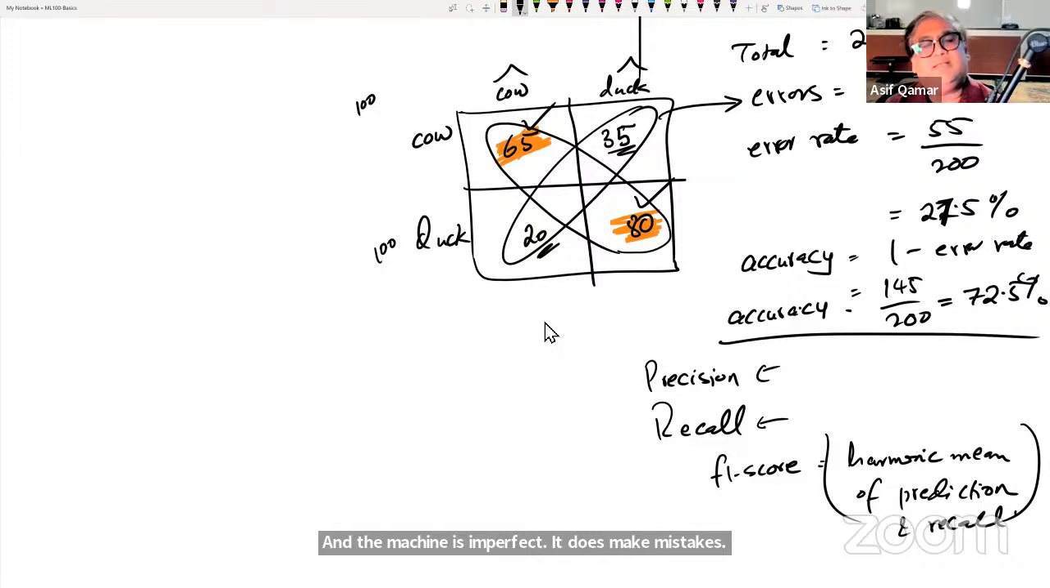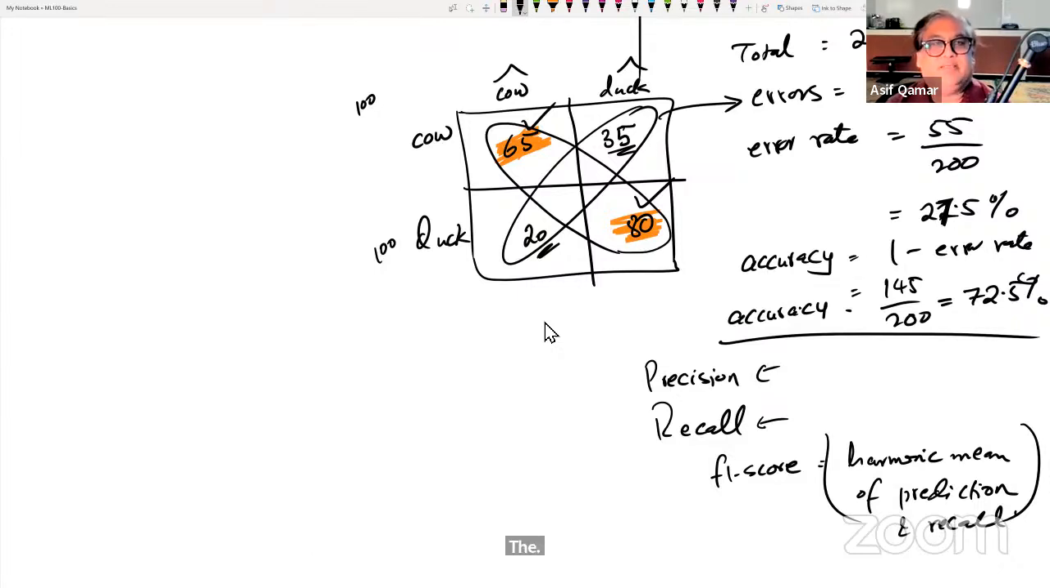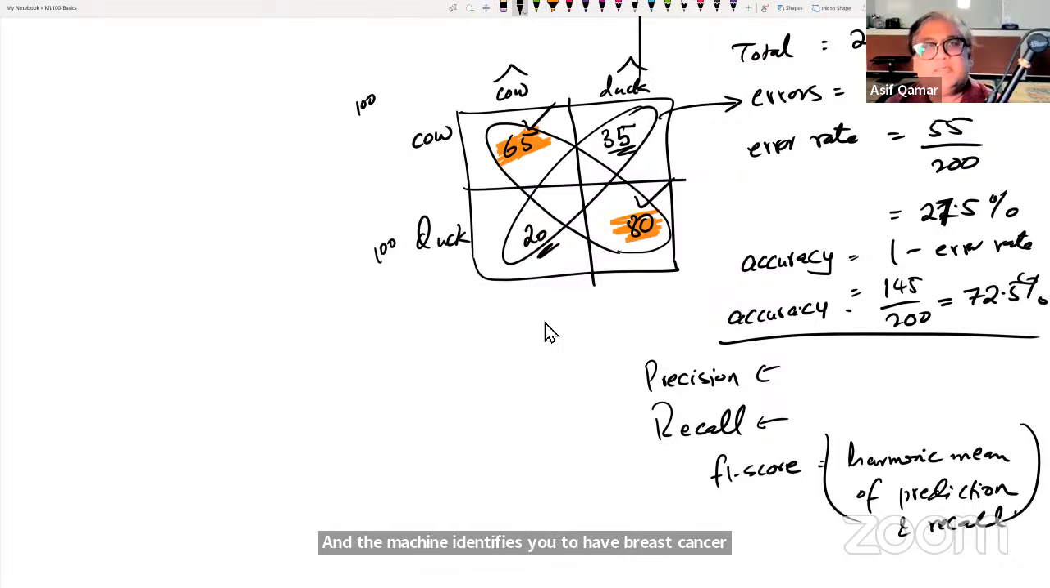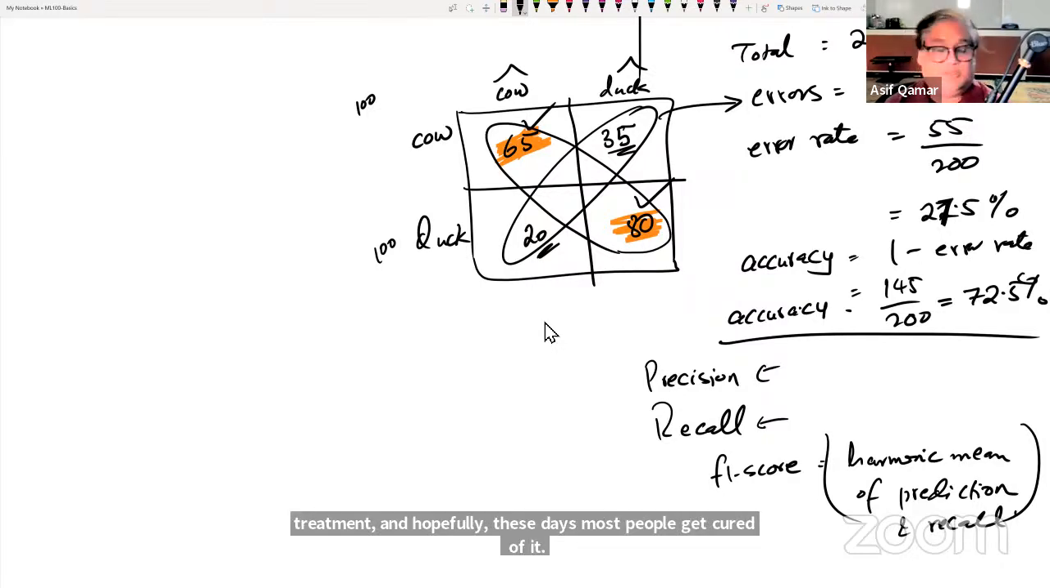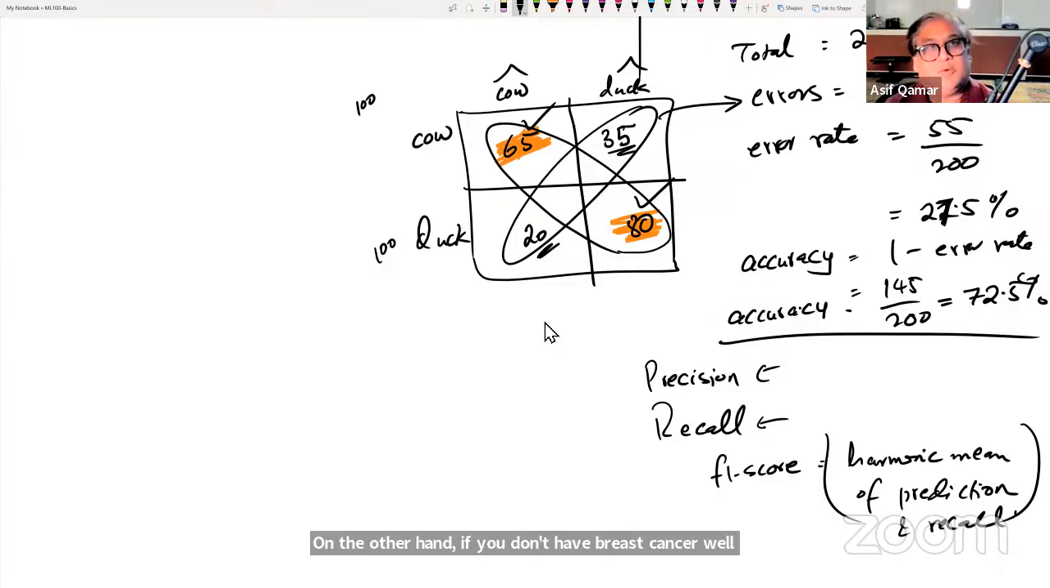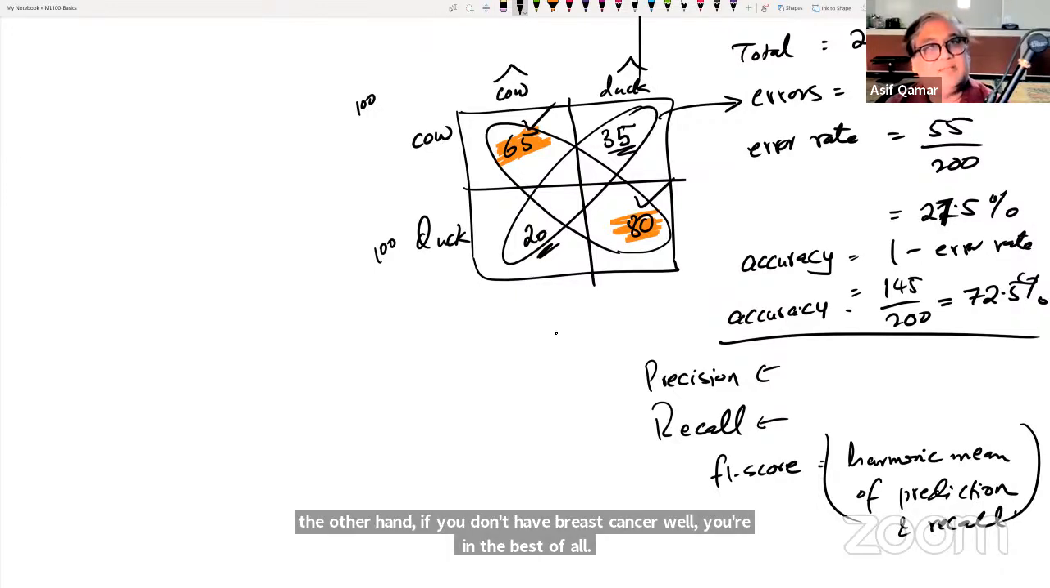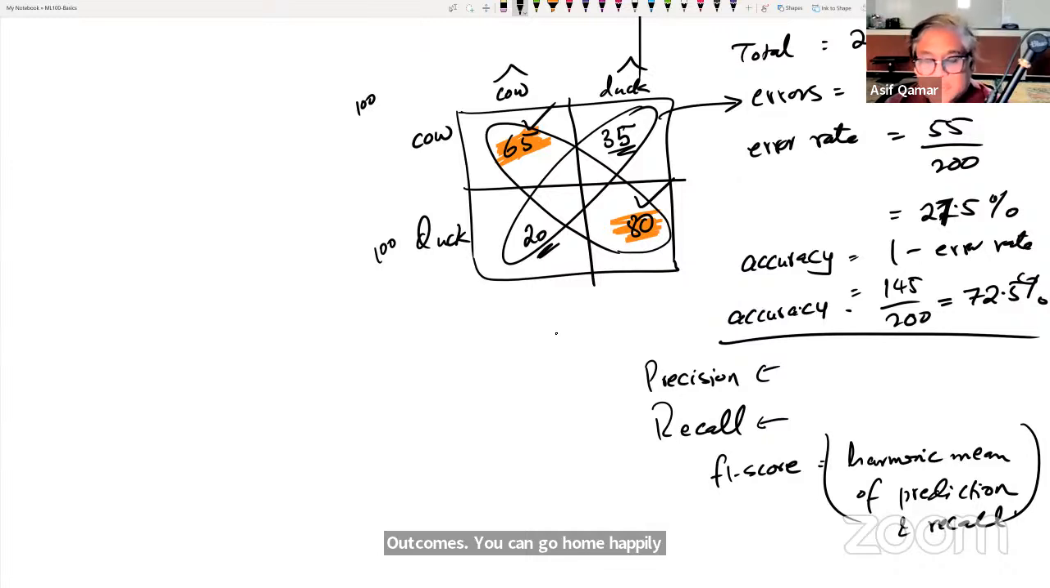And now let us think through the consequences of making a mistake. See, if you have breast cancer and the machine identifies you to have breast cancer, that is a good thing. It is unfortunate that you have breast cancer, but now you'll be under medical treatment, and hopefully, these days, most people get cured of it, if caught early. On the other hand, if you don't have breast cancer, well, you're in the best of all outcomes. You can go home happily whistling. Now, suppose a machine does make a mistake,